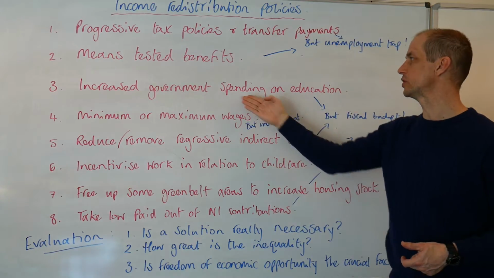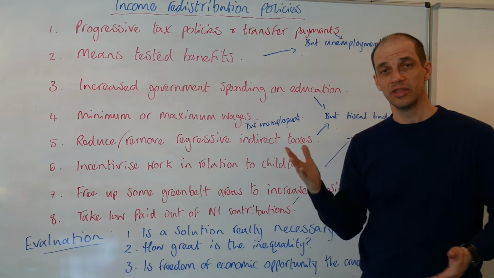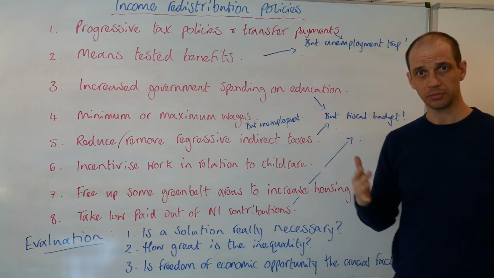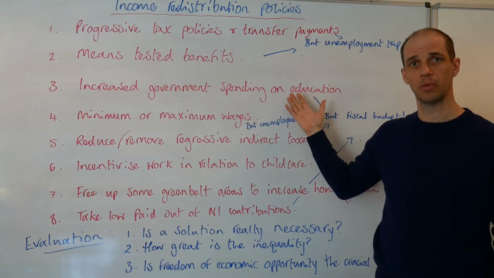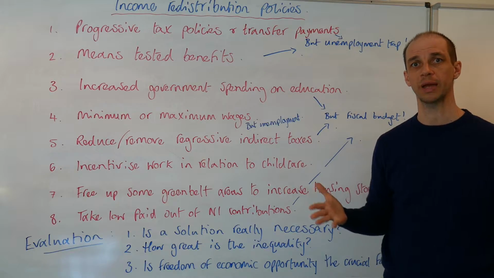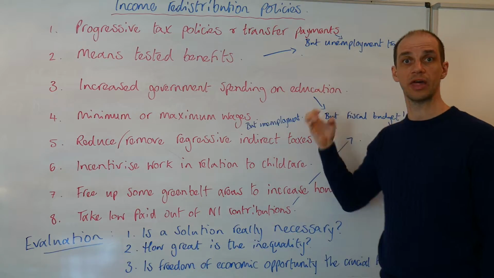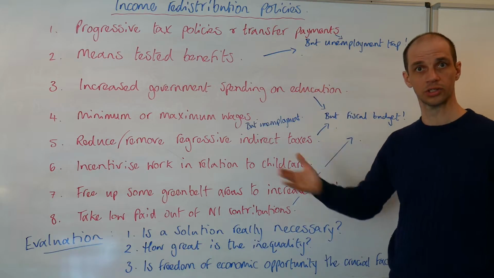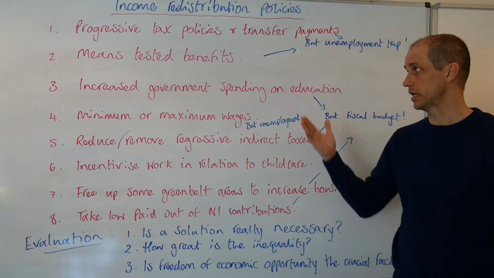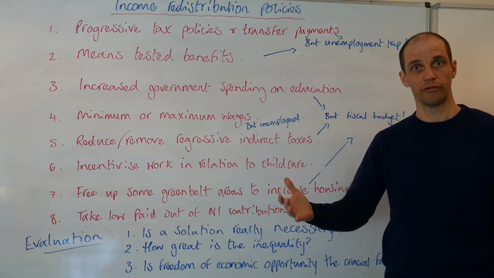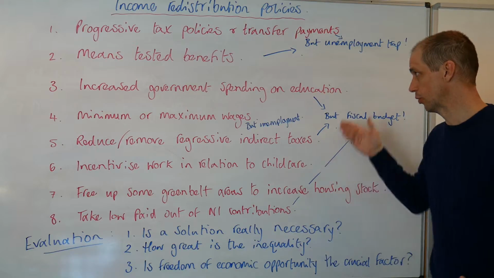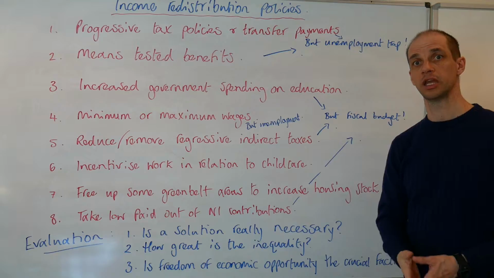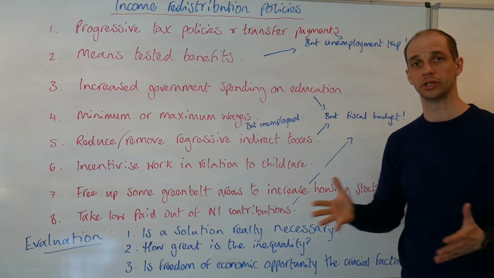Okay, then increased government spending on education. Now, this has been used in regard to pupil premium payments. That is students coming from more economically deprived backgrounds, and that payment will help to cover textbooks, revision books, and ensure that they receive payment as well for any school trips which are educational. Yeah, that has been used, and that of course can really be furthered as well.